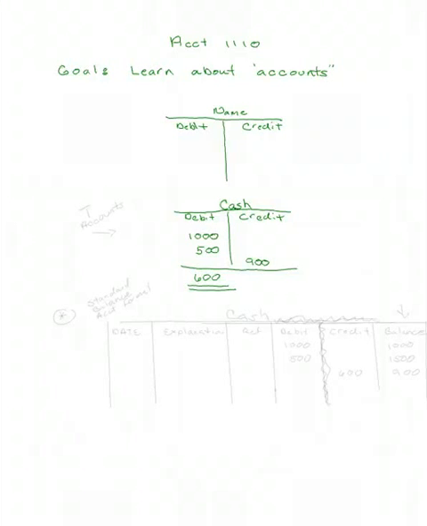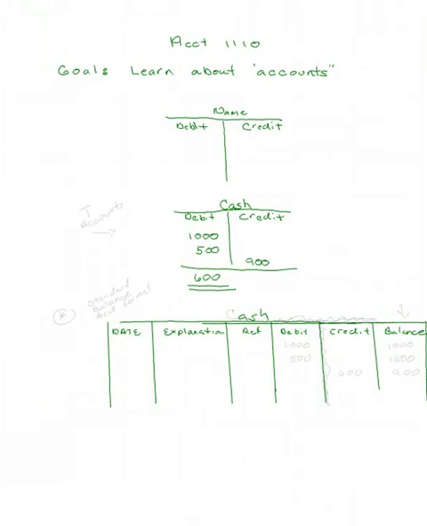Two debits, one credit, some math, and a double underlining. Whenever you double underline an account, that means that is its balance. You've checked the math twice, and you're done with it. Our cash account now has a $600 debit balance. In accounting, when we illustrate things, we often use the T account to explain things because it's so darn easy to draw and balance. In a real accounting system,